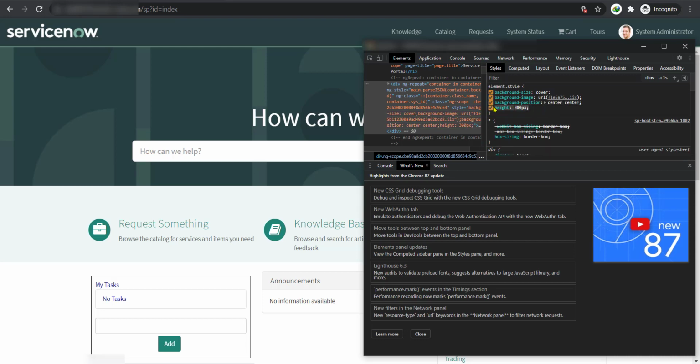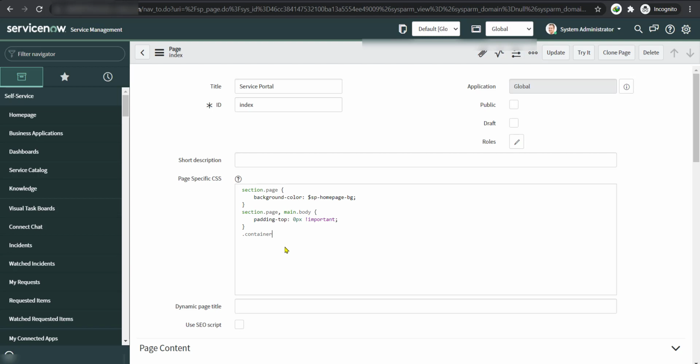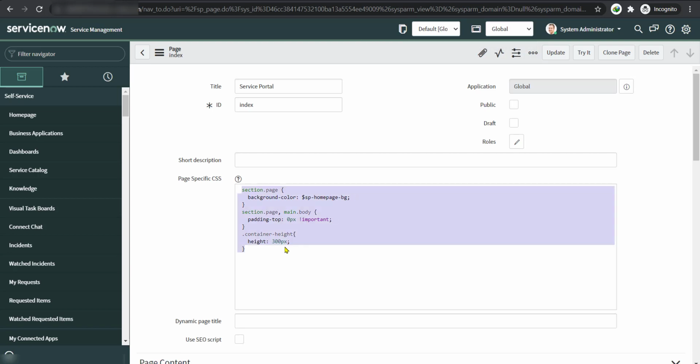Now I'll go to the backend and open the index page. You can also add this CSS to the theme or the index page, whatever you want. Basically I'm going to create a class called container height,